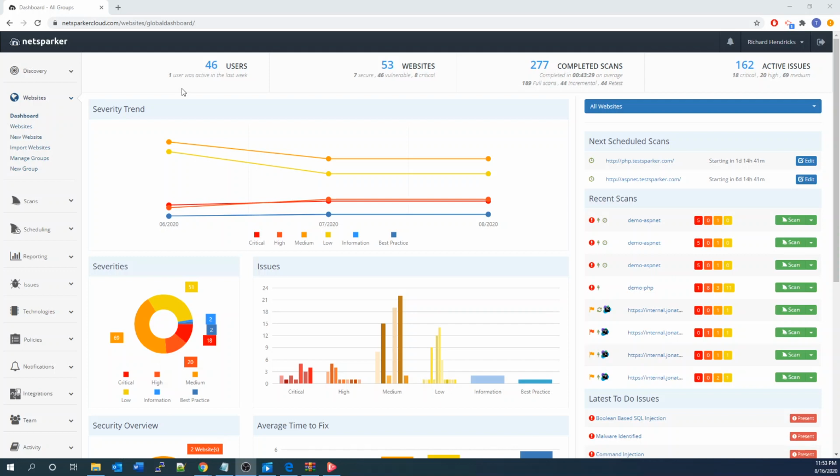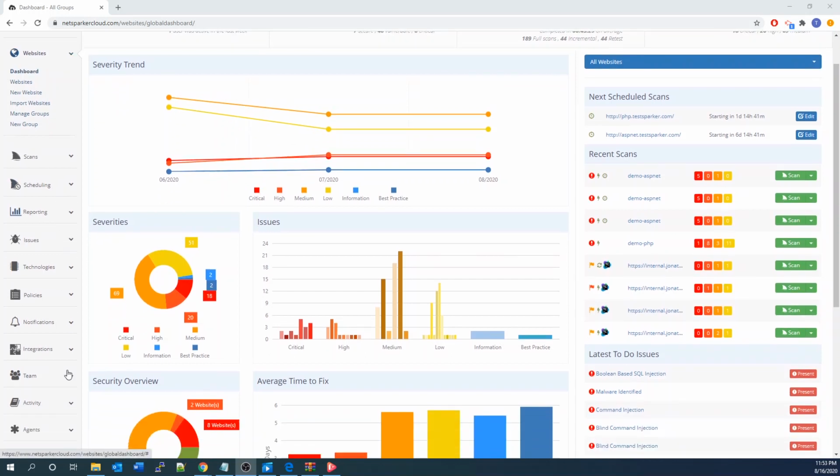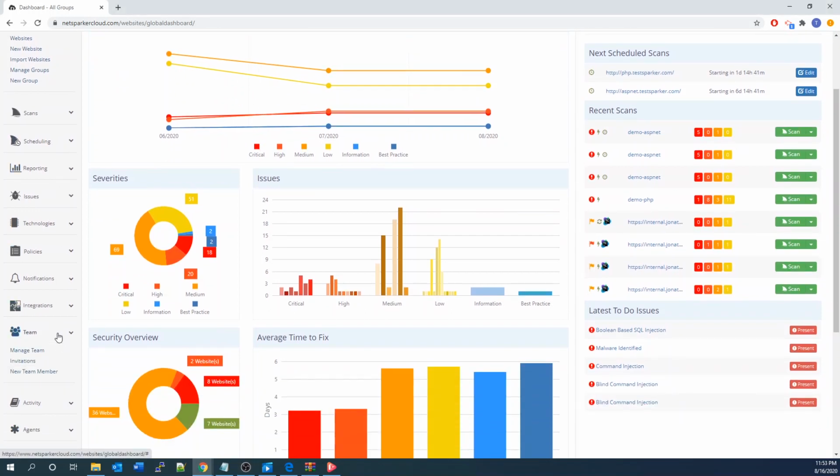And so this allows us to divide our team on the basis of the responsibilities of each individual user. And we can make sure that different teams aren't stepping on each other's toes and they're not able to view assets of other team members whose assets they don't need to be able to view. And so in order to add a new user, we can click on this team section. And then if we click new team member,